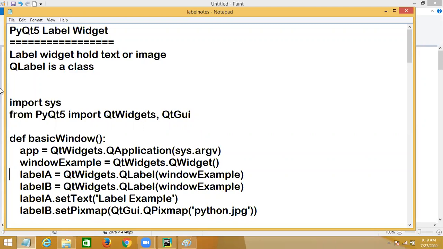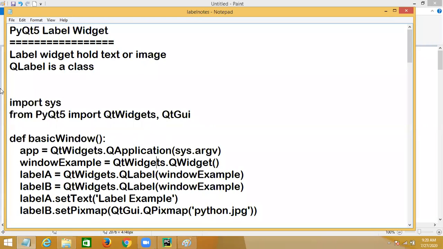First you should create a QApplication, by saying QtWidgets.QApplication. Then the next step is you should create a window. If you want to create a window, you use QMainWindow, right?